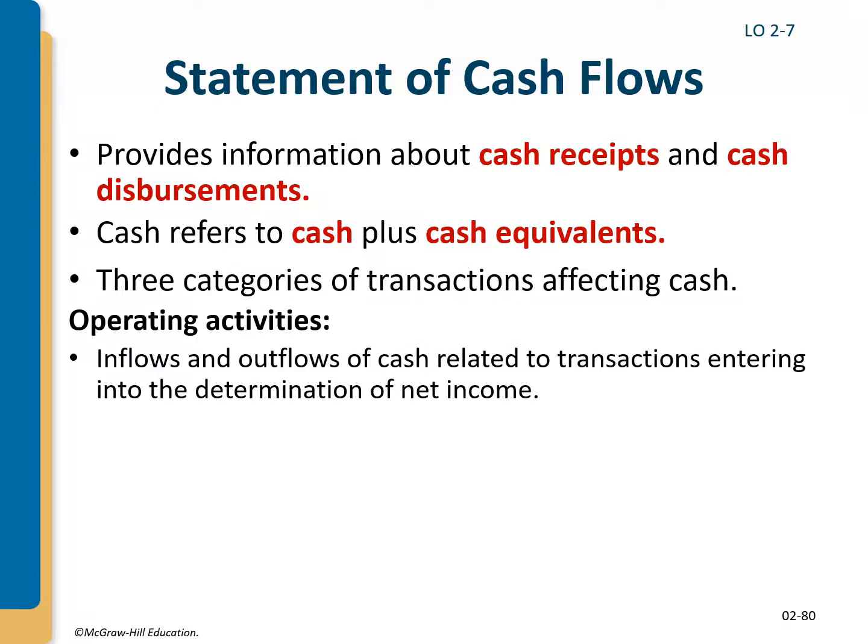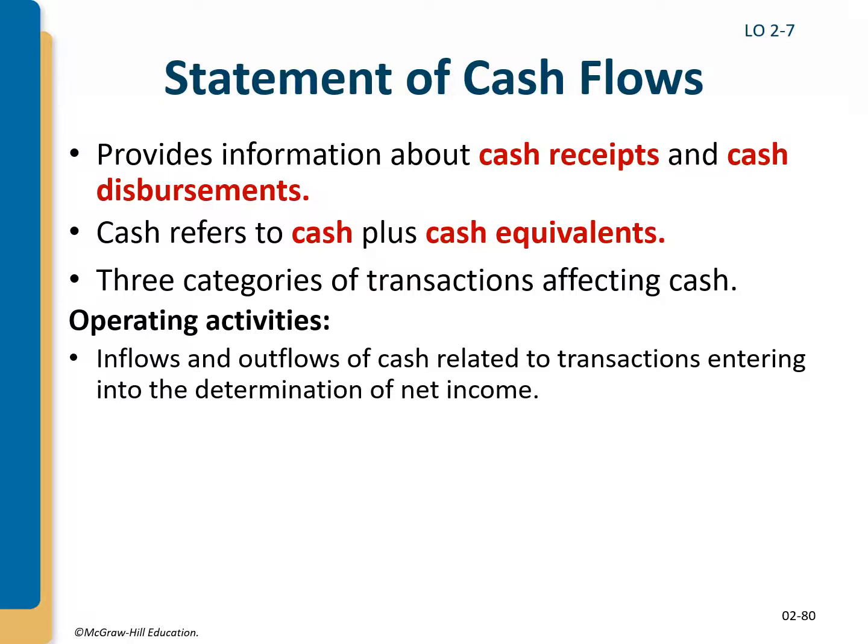The three major categories that we report about how we spend the money in the company start with operating activities. Here we're reporting all the cash inflows and outflows from purely operating, so these are transactions entering into the determination of net income. Remember, net income is not net cash flow. Net income is an accrual number. It has non-cash items in it. So in this part of the statement of cash flows, we are trying to figure out how much cash is